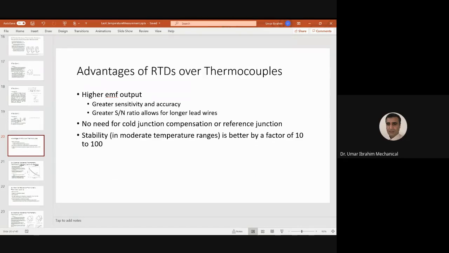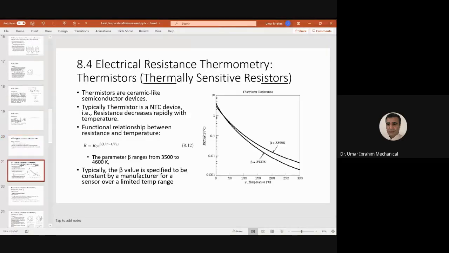Advantages of RTDs over thermocouples. This slide seems misplaced in the presentation because we haven't studied thermocouples yet. But anyway, let's go over them. It has higher EMF output, greater sensitivity and accuracy, greater signal-to-noise ratio, and allows for longer lead bars. We will do this slide after we study thermocouples. So let's move to the next slide,